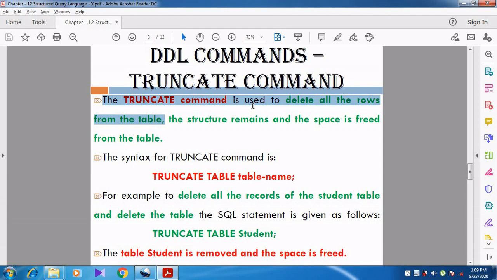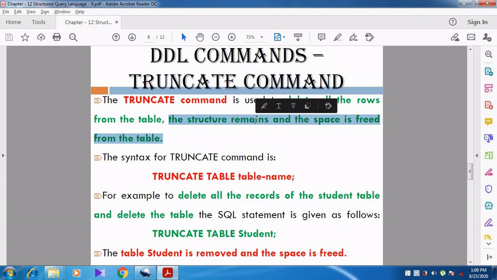But the truncate command is different from the delete command. The truncate command is used to delete all the rows from the table, and whatever memory is occupied by all the rows will be freed. The structure remains and the space is freed from the table.